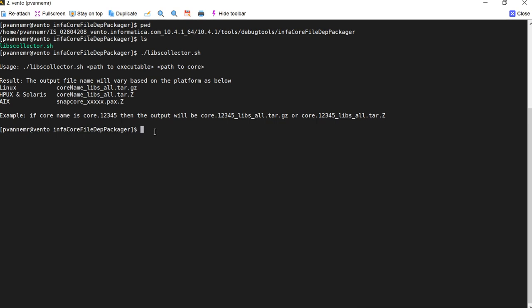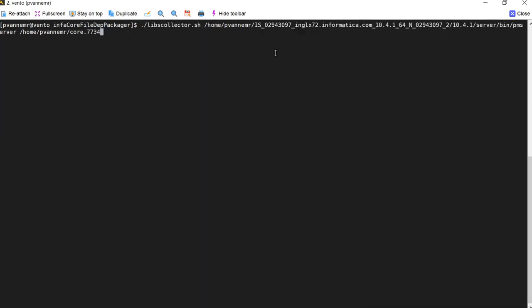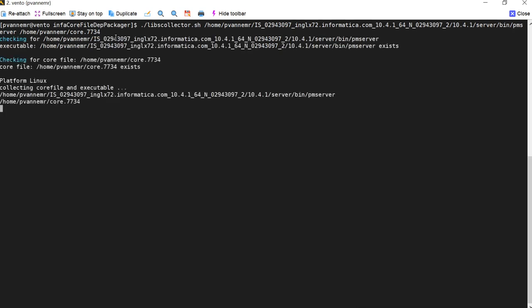So let me write a command for that. Here you can see that I have written the complete command where I have first provided the executable location, and then after that I have provided the location for the core. Now I'll go ahead and run this script.